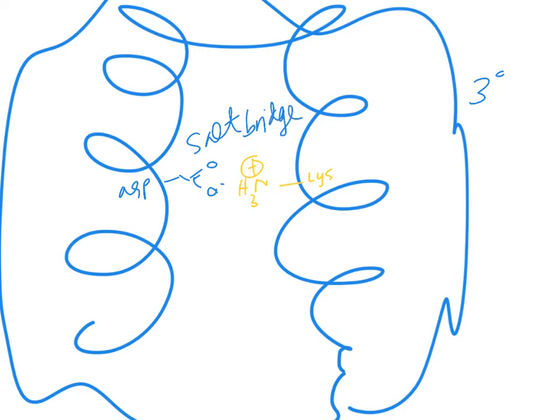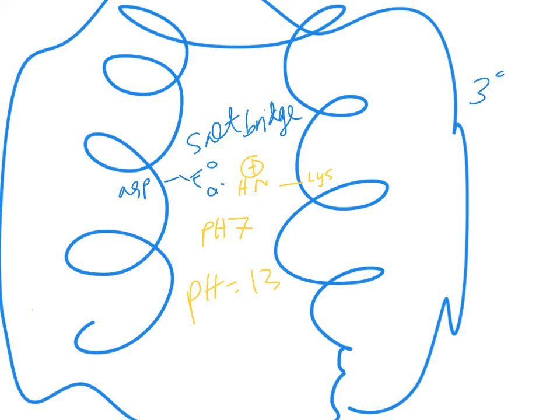Okay, and that's because of the pKa's and the pH's. Now, let's say that this pH right here is 7. At pH 7, this tertiary structure is optimally stabilized because the interactions are highly favorable. Now, if we move the pH to, let's say, 13,